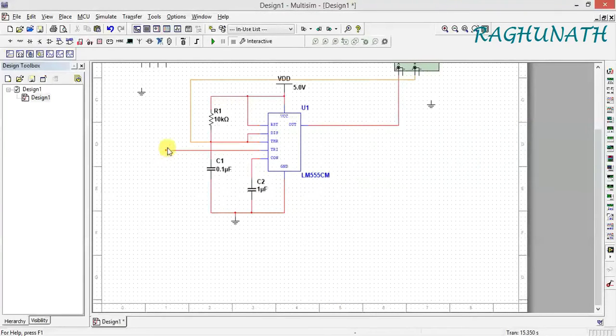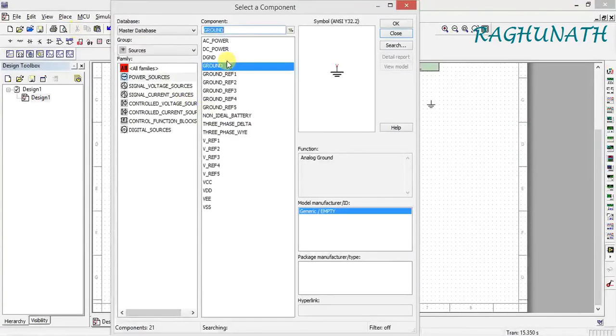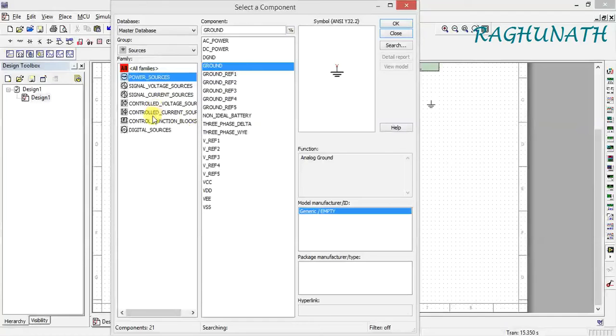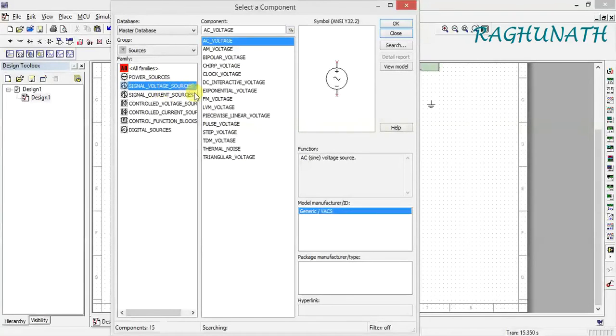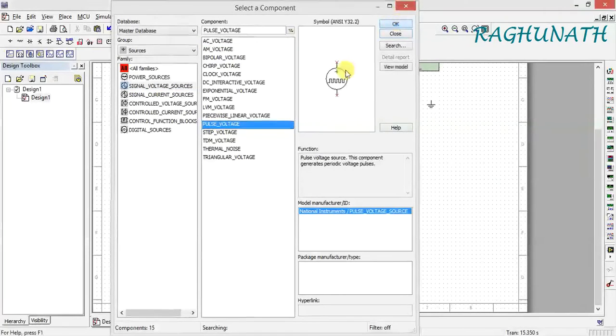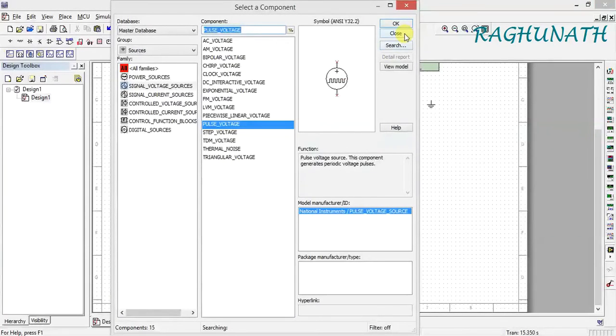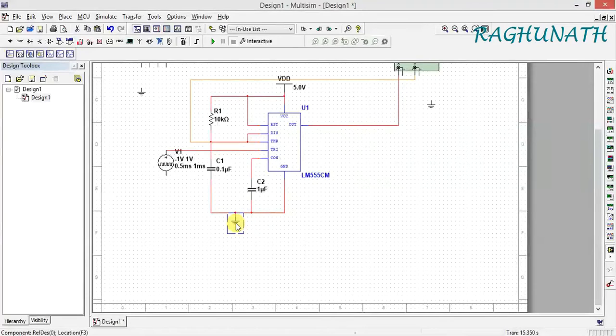You have to give one more pulse here. For that again place component V pulse in the power supplies. We require pulse voltage. This is AC power. In the signal voltage source, I think you can get pulse voltage here. That pulse voltage you select, click OK. And we require one